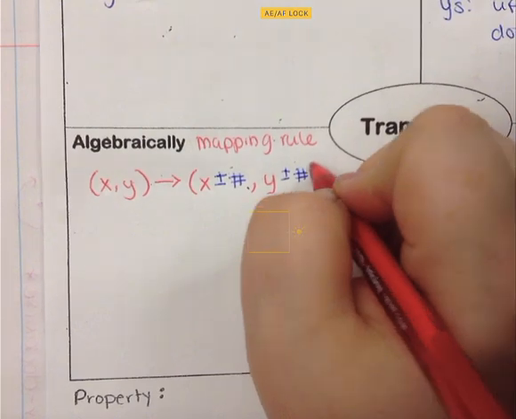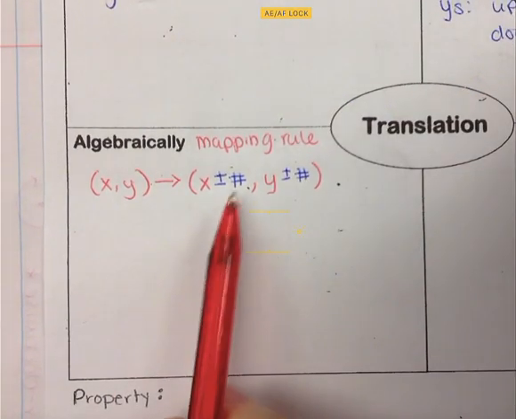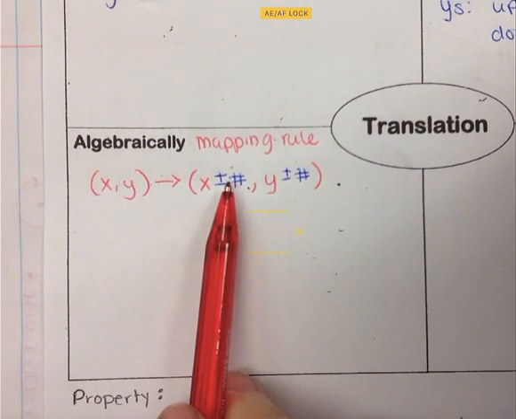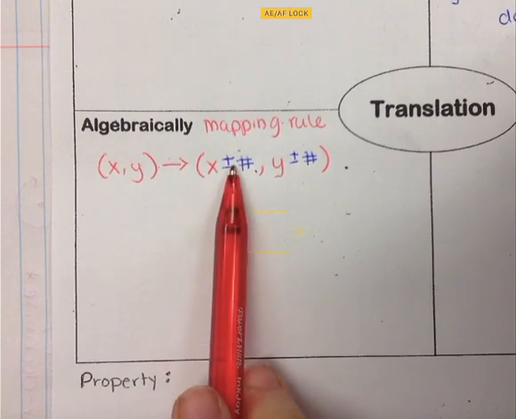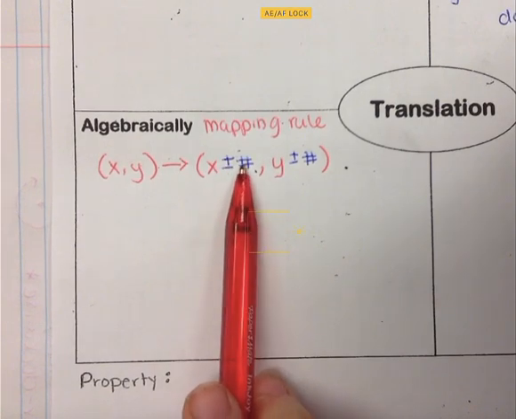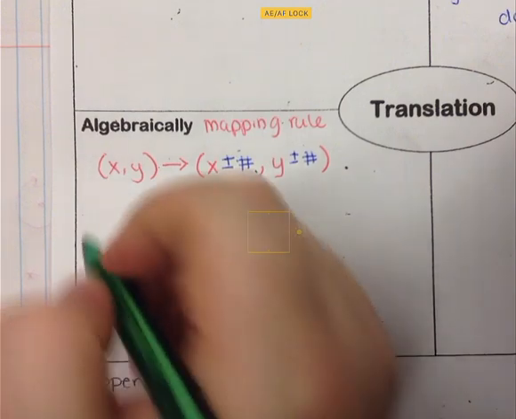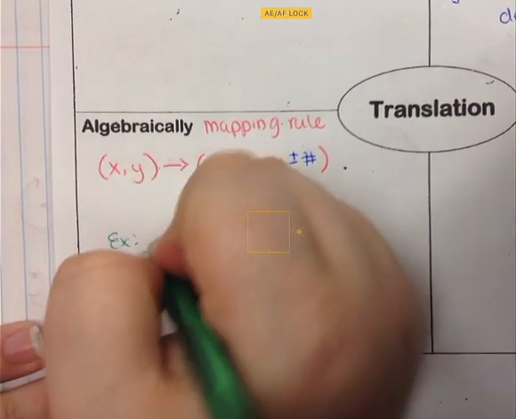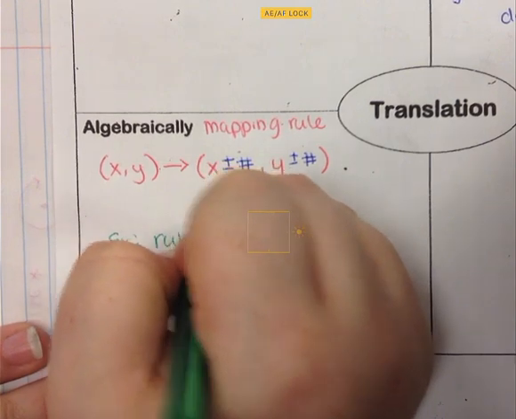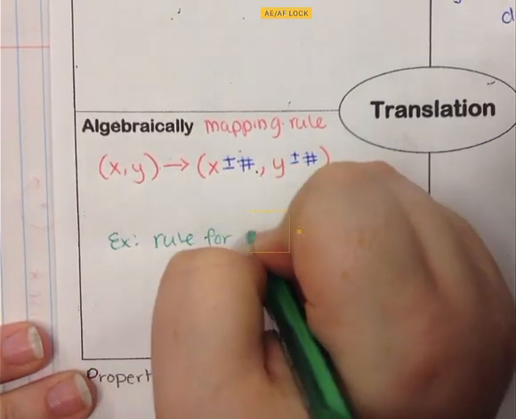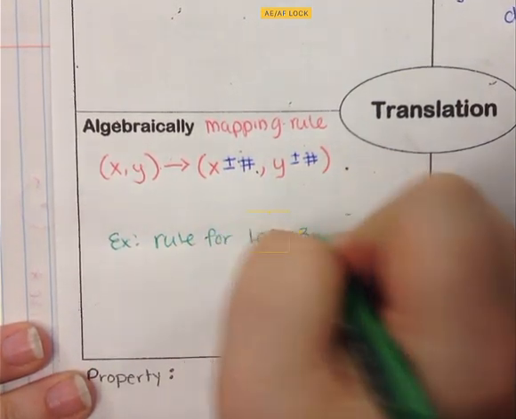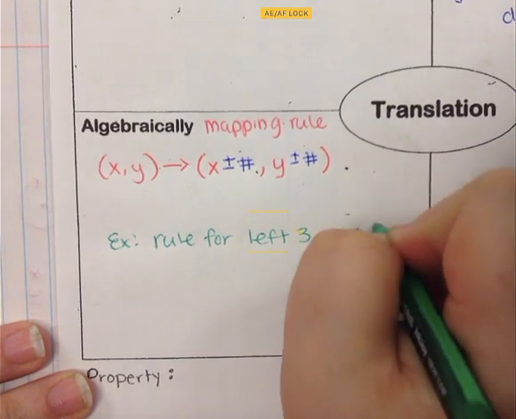So this is our mapping rule. Again, these plus or minus a number, that actually has to become a number. So you're either adding a number or you're subtracting a number, but it will become a number. So for example, if I ask for the rule for left 3 and up 5,